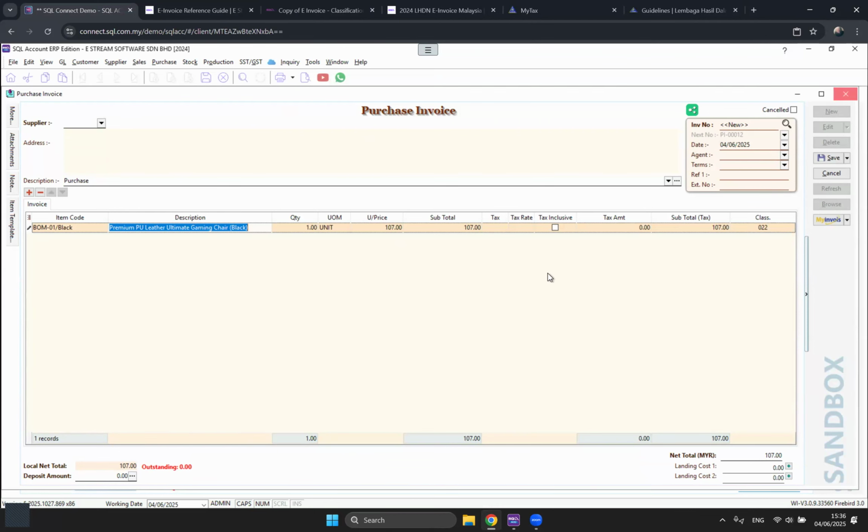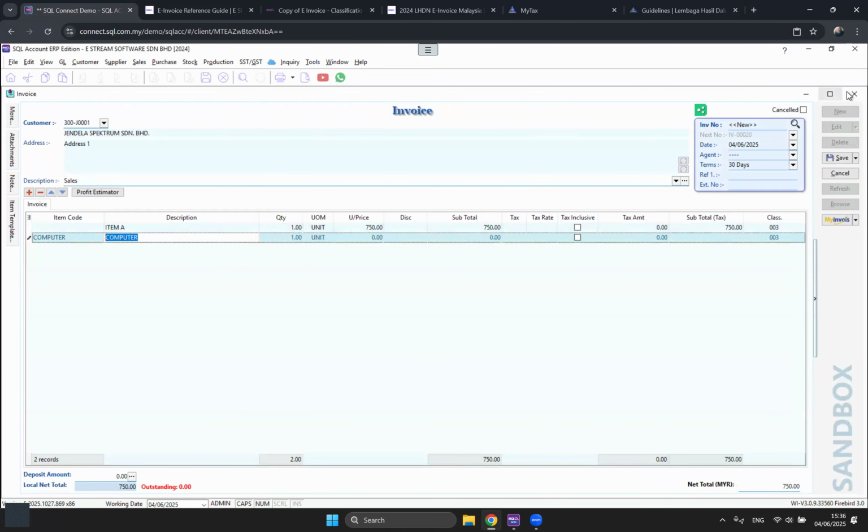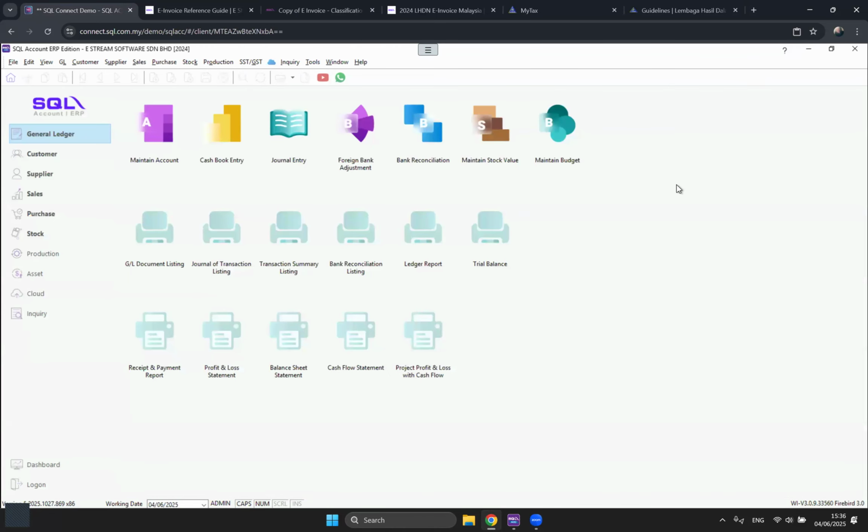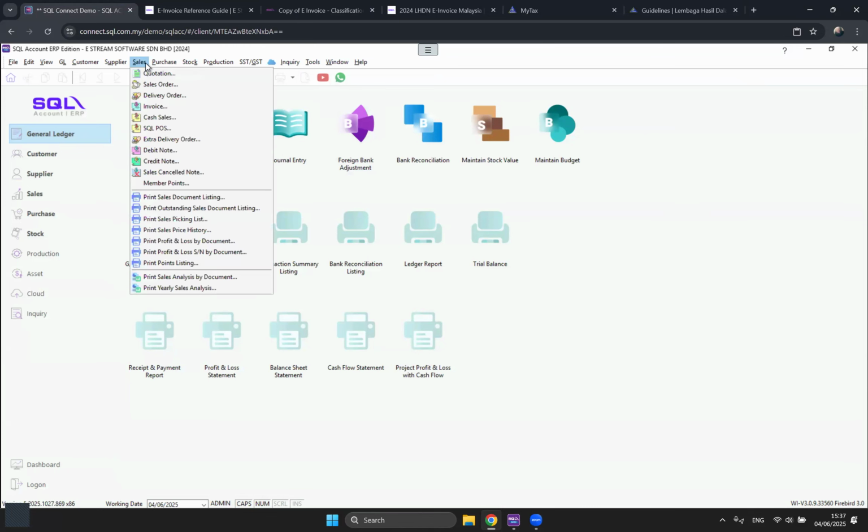Okay, so we come back to here. Just now we already finished talking about the classification code. So right now we can try to issue the invoices and then do the submission. Before we start to do the invoices,